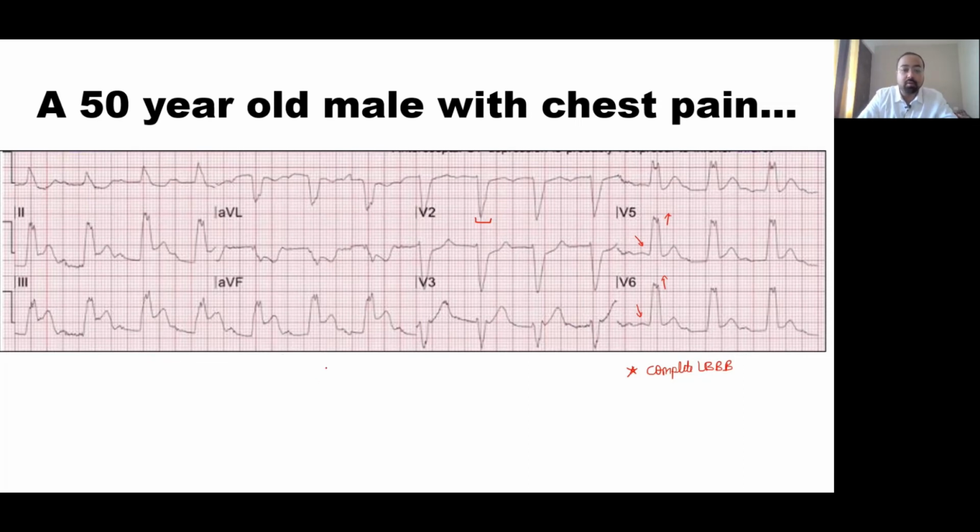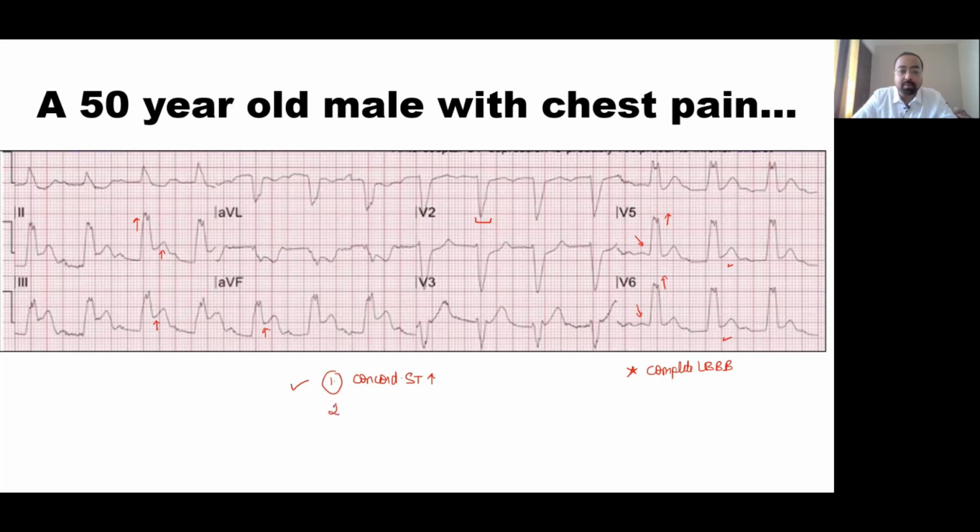So let's go through the criteria one by one. The first criteria says that there is a concordant ST elevation. So do we have that here? Yes, we do have it. If we see the inferior leads here, you can see that the QRS complexes are positive, and there is also an ST elevation, and this is definitely more than 1 millimeter, and maybe in leads V5 and V6 as well. So the first Garbosa criteria is actually met. So you don't have to go to any of the other criteria, because even one criteria in one lead is enough to diagnose an occlusion STEMI.